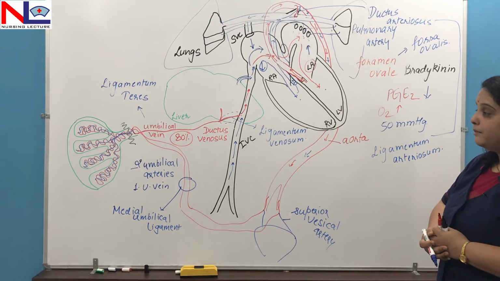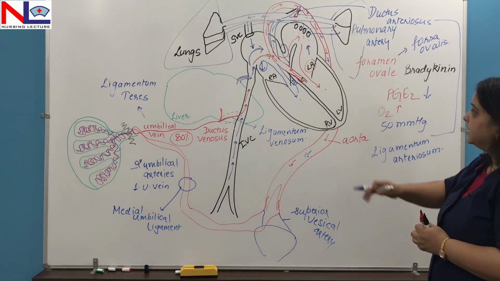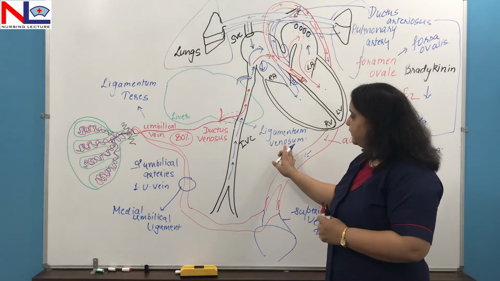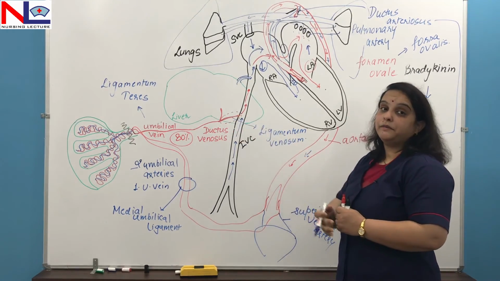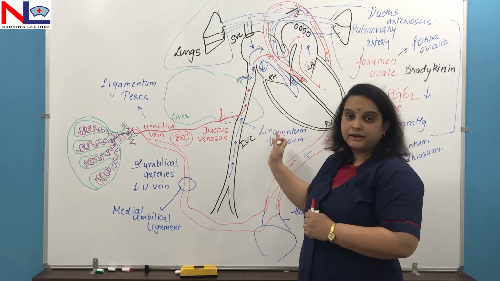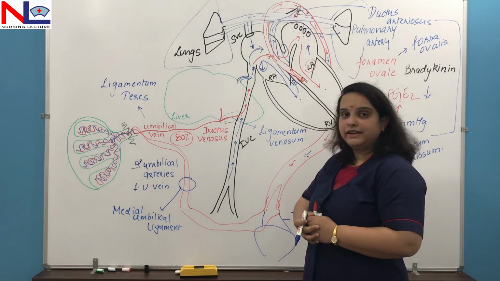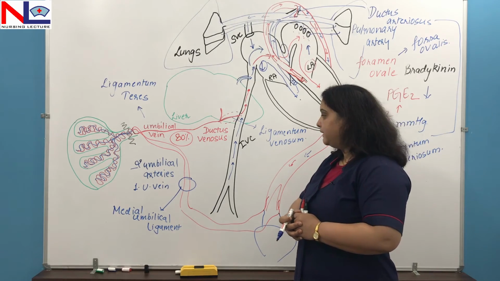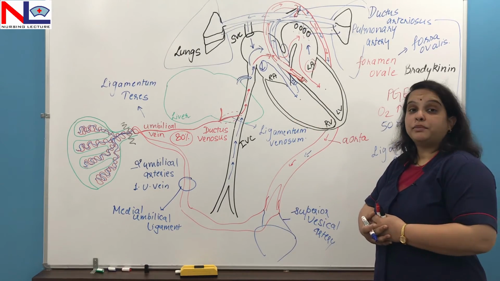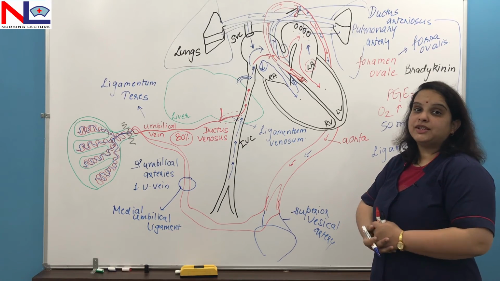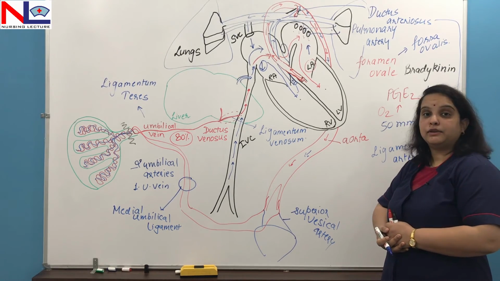So these all became ligaments and these openings become closed, and here this ligamentum teres forms the free margin of the falciform ligament of the liver. Okay, so it is the round ligament of the liver in the adult, so it forms the free edge of the falciform ligament. So after the birth of the baby, now the fetal circulation establishes the postnatal or adult circulation,